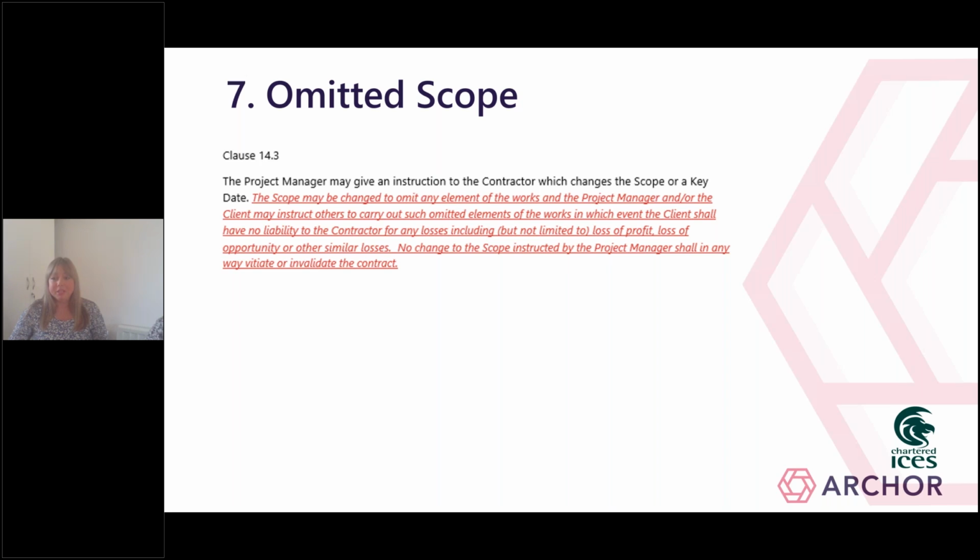That's my 4 amendments done. I'm going to pass over to Ruth for the remaining 3. Thanks very much, Hannah. So following on from the omitted scope,